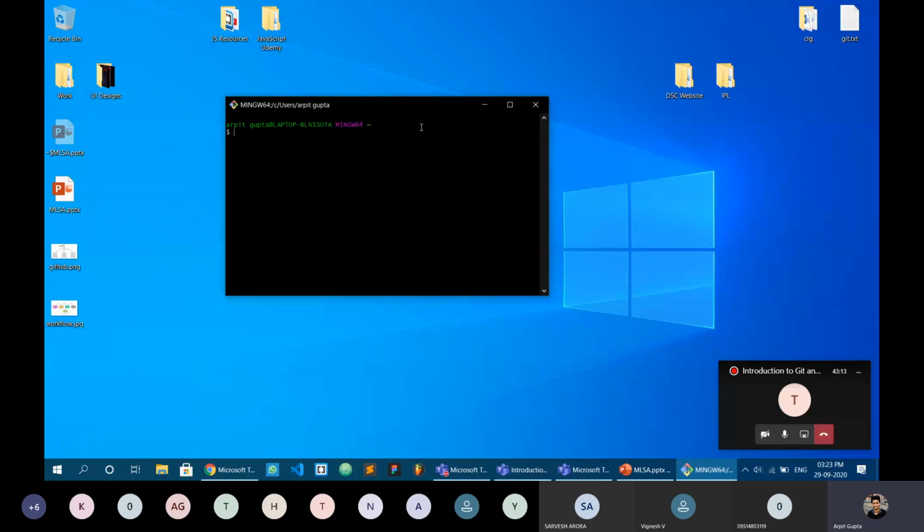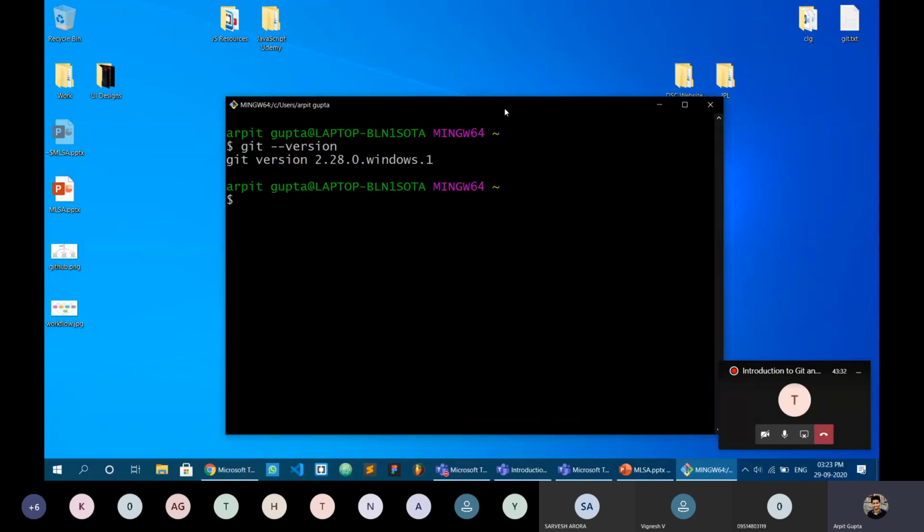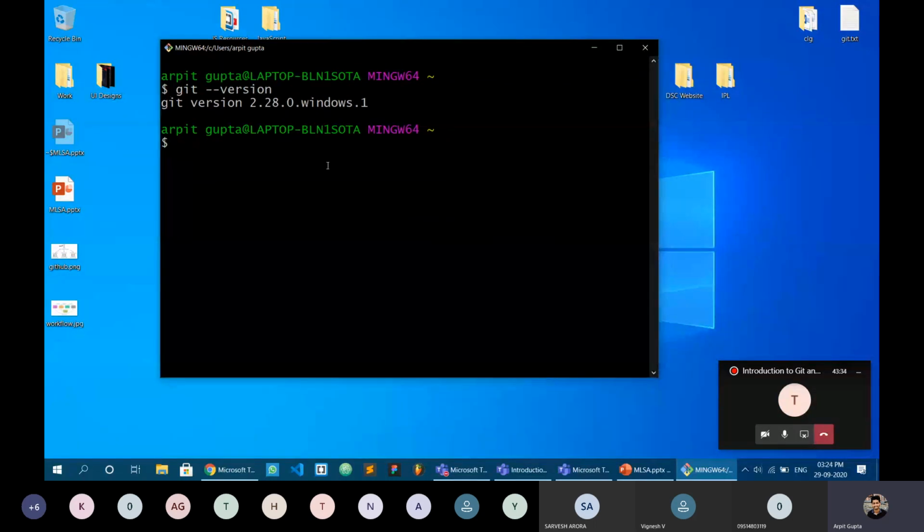Just to verify that Git is properly installed, you can simply run git --version, and it will show you the currently installed version of Git. If this command gives you some error, there is some problem in the installation of your Git, so I will request you to uninstall it and install it again.